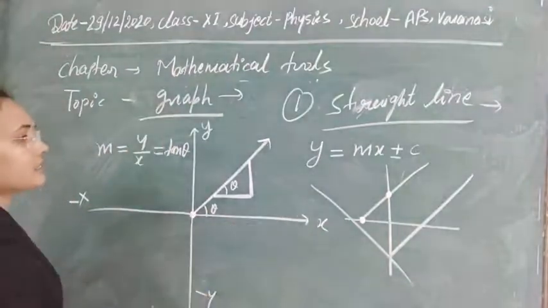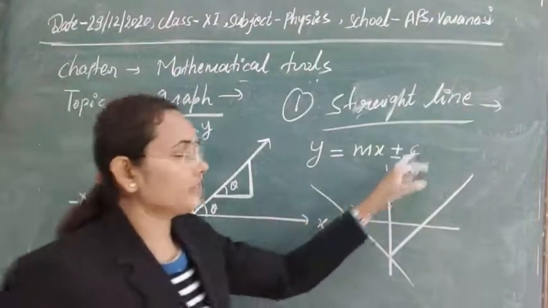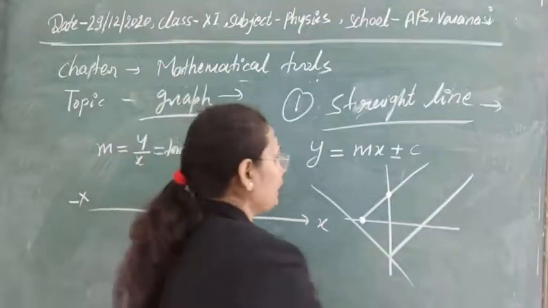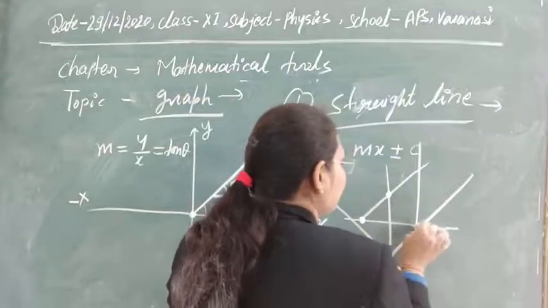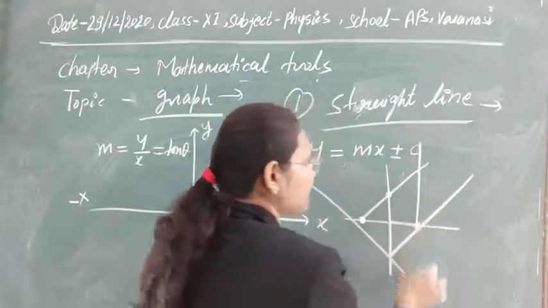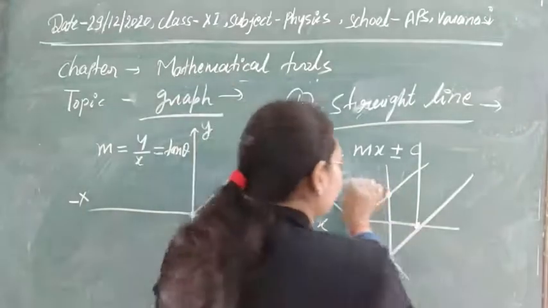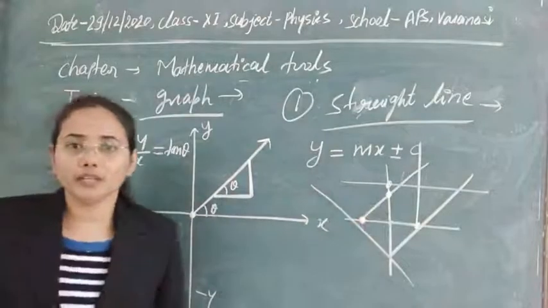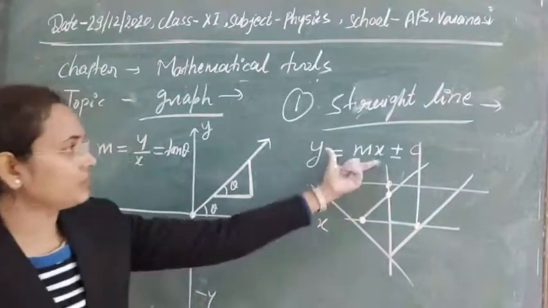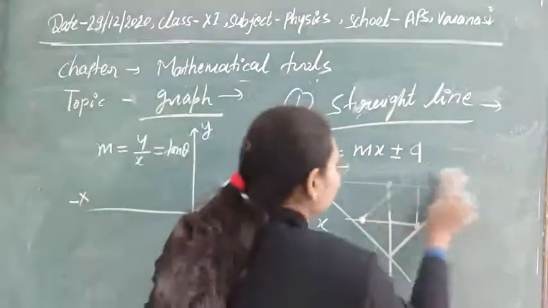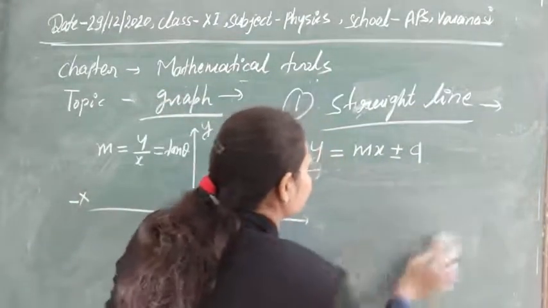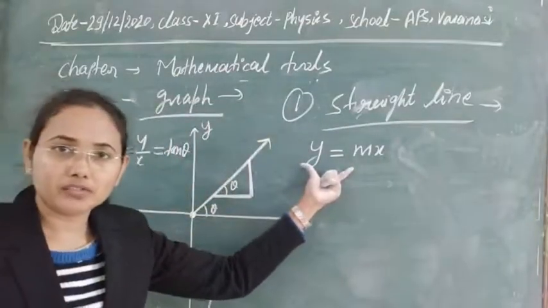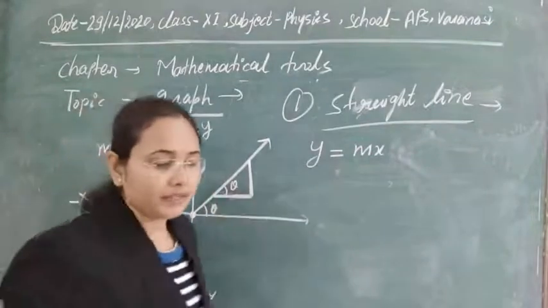Now I think it is clear when you will get intercepts and when you will not. Also you can get lines in this way, where at the x-axis you have an intercept, and if a line goes in this way, you see the intercept at the y-axis. A straight line can be formed in many ways. If there are no intercepts, meaning the straight line passes through the origin, then the value of c will be 0, and the formula for the straight line will be y = mx.